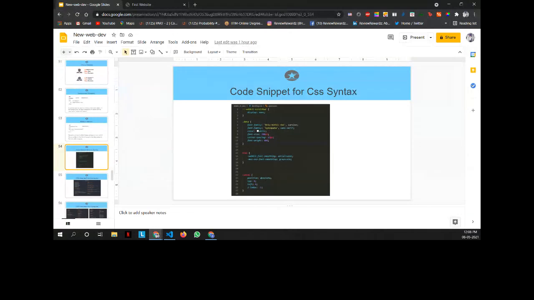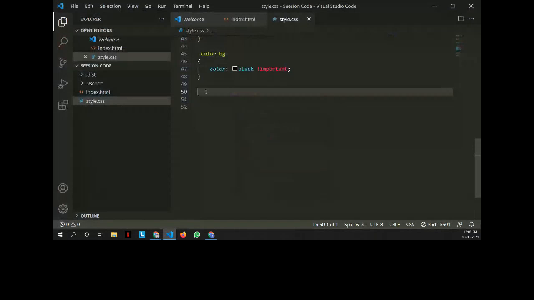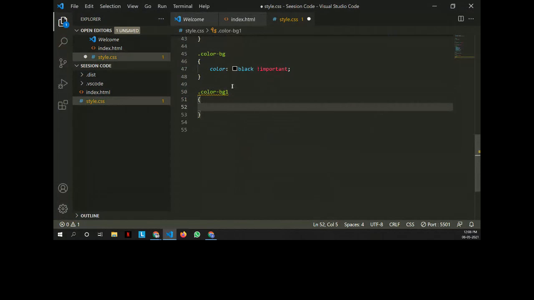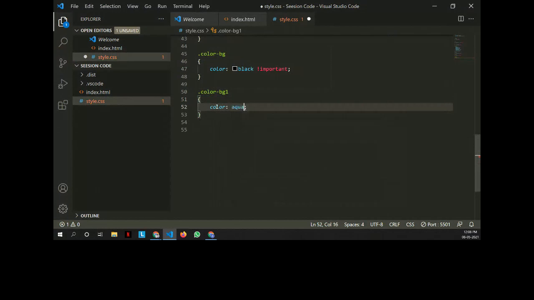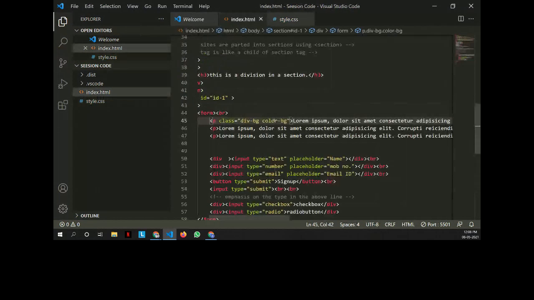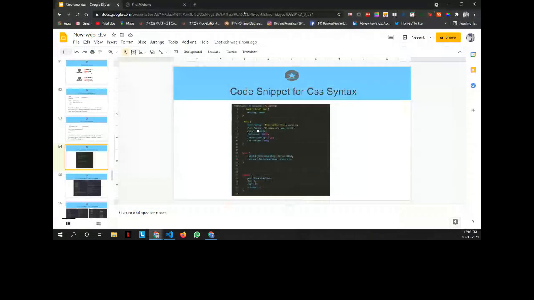Okay, what if they're named differently and both are passed into the element? Then also the precedence comes into the picture. If I have two different names, I'll just name it different. Any class which is written later will be given precedence. The properties will be inherited from that CSS class. So I'll just do it again. One second.